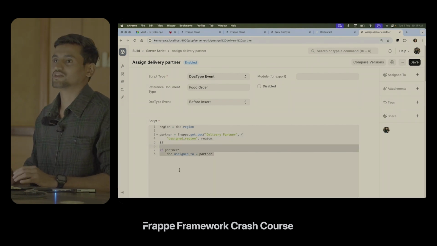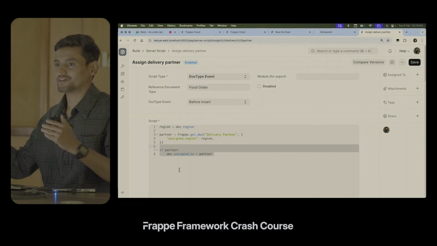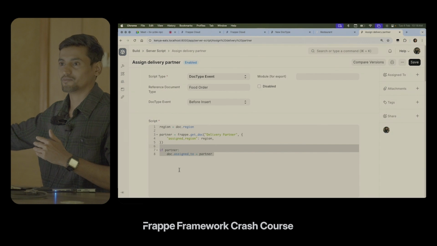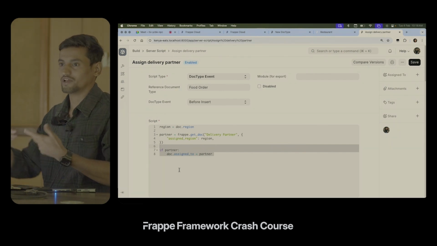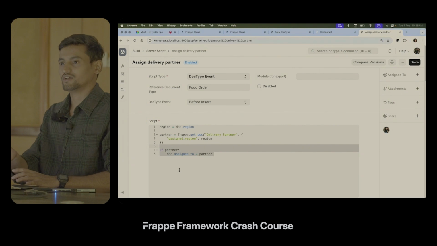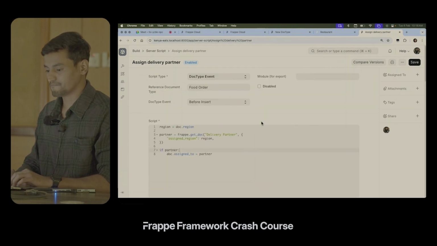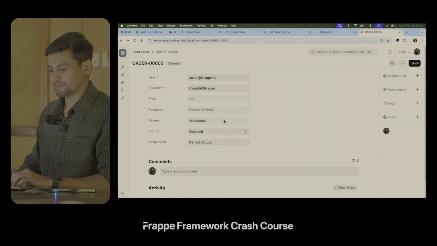Simple. This can get more complex, like there will not be a single partner, there will be multiple partners. Based on their availability we'll have to assign, but this is the crux of it. Like here you can do all these things. So yeah,